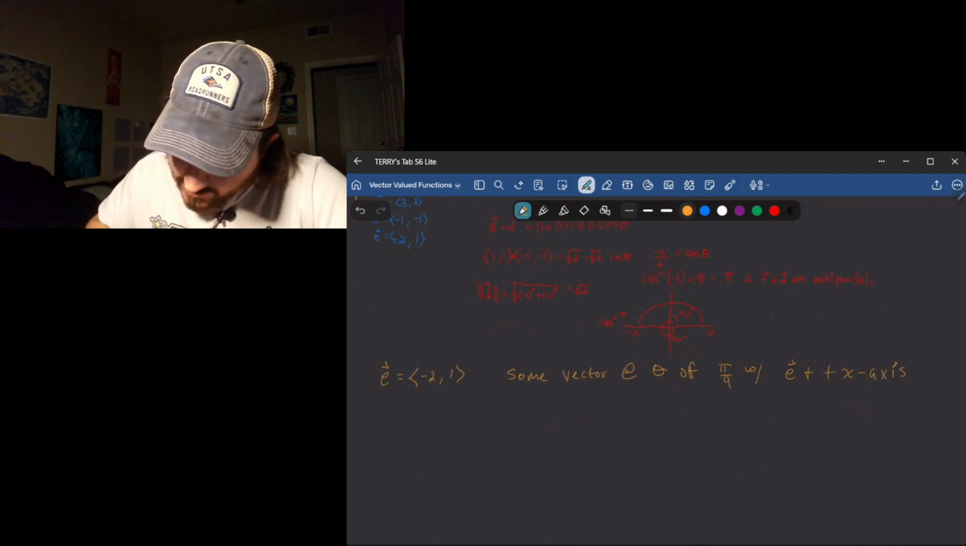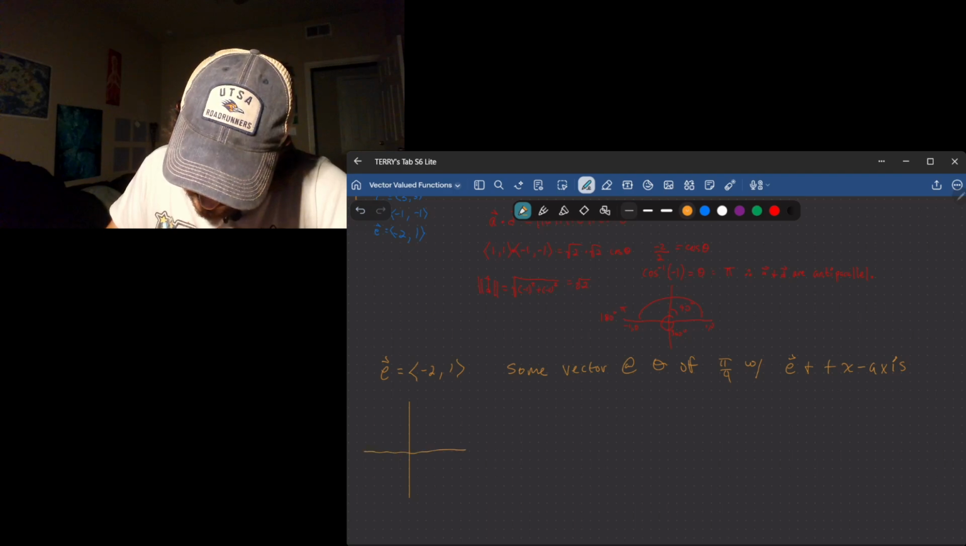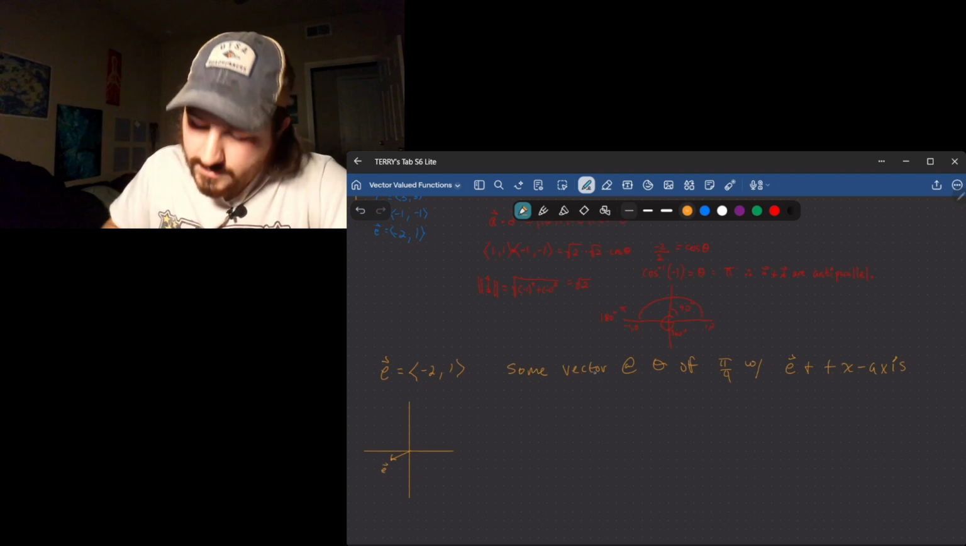Okay, so let's draw that out real quick to make sure we understand what we're doing here. So we've got just our regular coordinate system. Okay, and our vector e is -2, 1. So we're going to 2 backwards and 1 up. So it's here. We're going to go here. So that's e. And we know that the vector we want